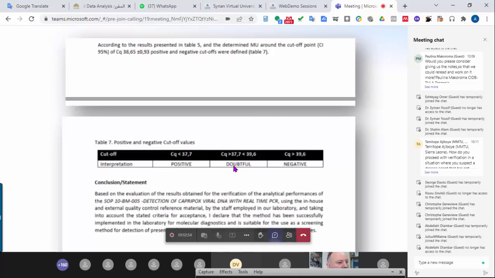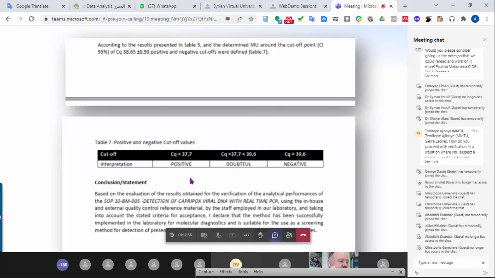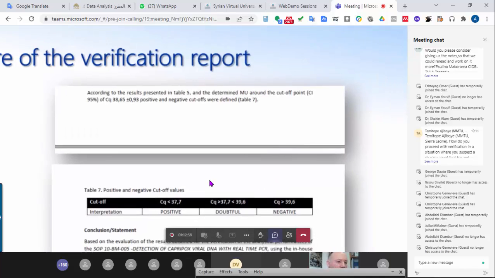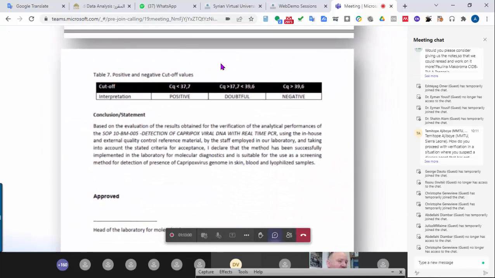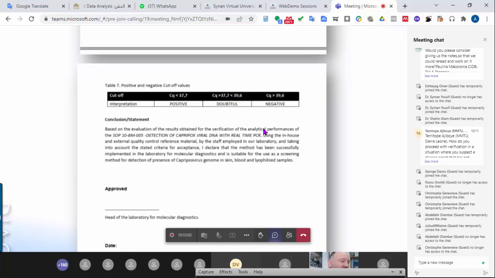So it's a bit complex, but with regard to the analytical and strictly the rules of interpretation according to your verification or validation criteria, these would be the cutoffs in this case that we find suitable for this assay in